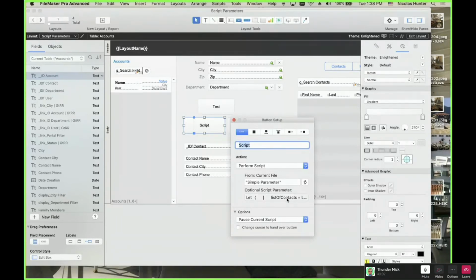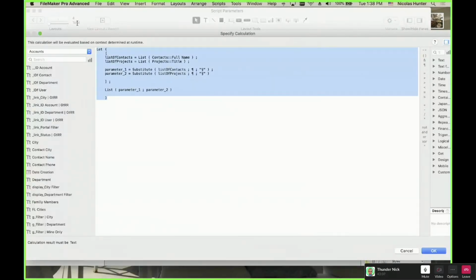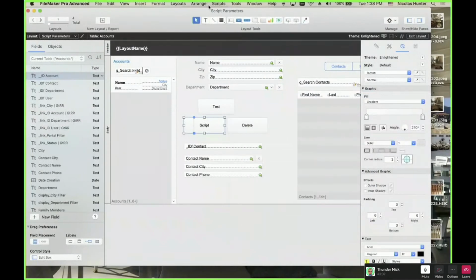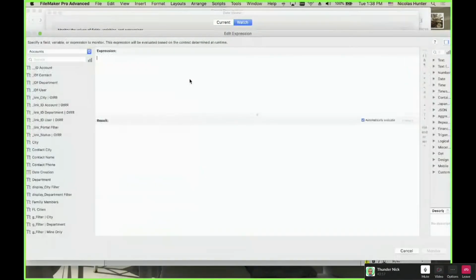For example, here is what I'm doing. Let's copy this. This is more of a technique that can be very useful for script parameters. So I encourage you to learn this, and then you can adapt it for your own things. Yes, I understand the JSON stuff, but